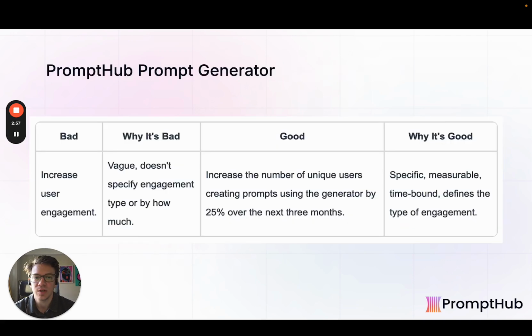We'll look at a couple of good and bad examples. We recently launched our meta prompting prompt generator at PromptHub, so you can just input a task description and then it will output a prompt for you. A bad criteria would be something like increase user engagement. It's vague and doesn't really capture the value of what we're doing. A better one would be increase the number of users that are creating prompts with this specific tool by a certain percentage over the next 3 months. It's specific, measurable, time bound, and it defines what we're trying to do,